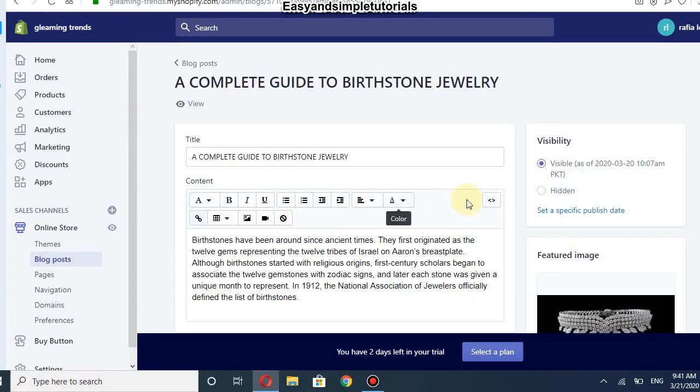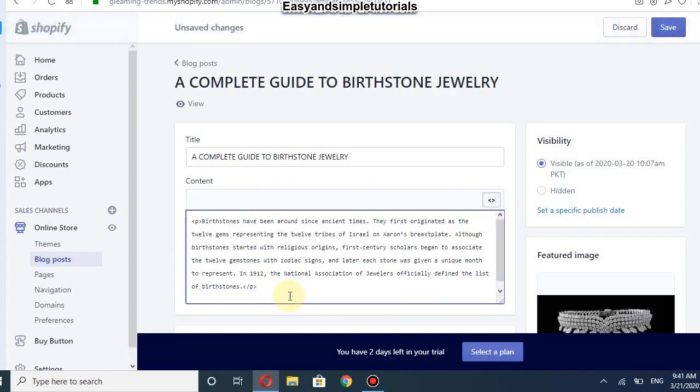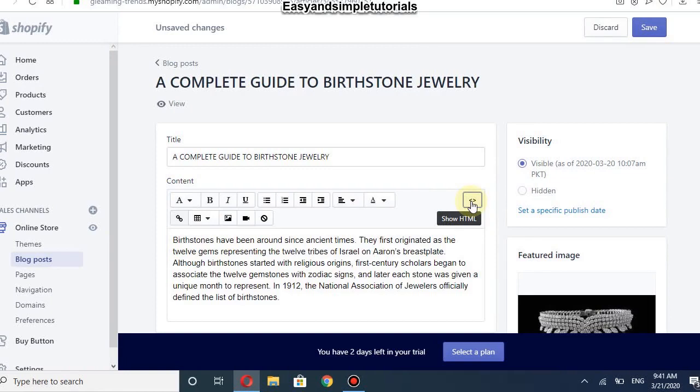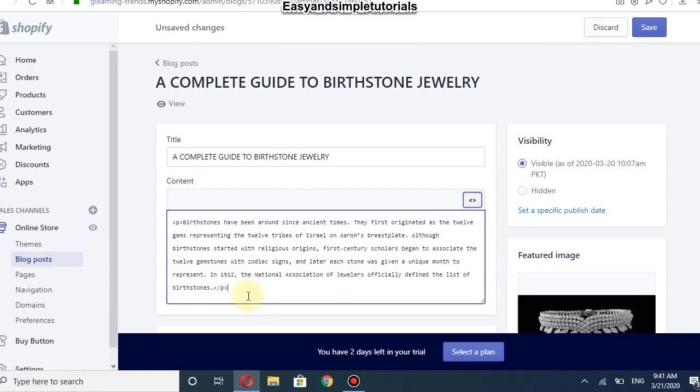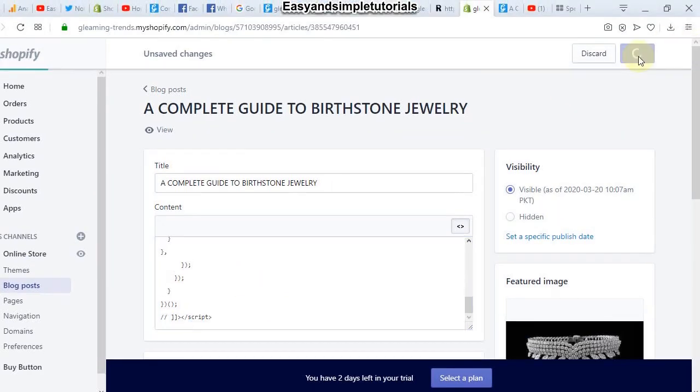Okay, and click on show HTML and add our copied HTML code here. Our copied HTML has been added this way, and save it.